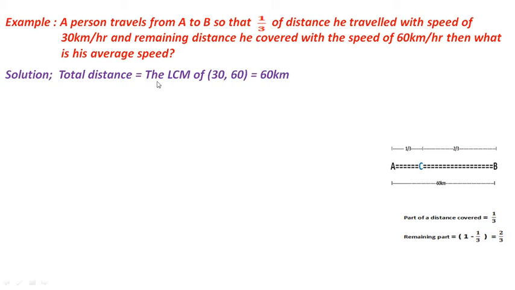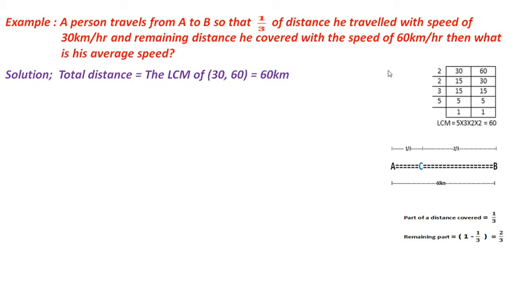The total distance I have taken as the LCM of 30 and 60. The LCM of 30 and 60 is 60, so that will be the assumed distance of AB. In the previous example you have seen how to calculate the assumed distance: just take the LCM of the given speeds. Here 30 km/h and 60 km/h are the speeds. Take the LCM of the speeds, and that gives the assumed distance